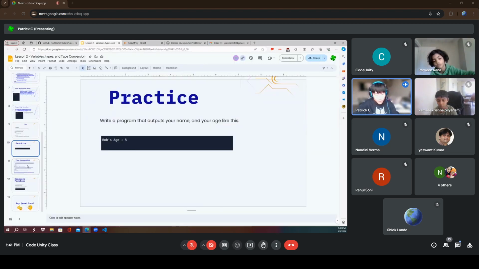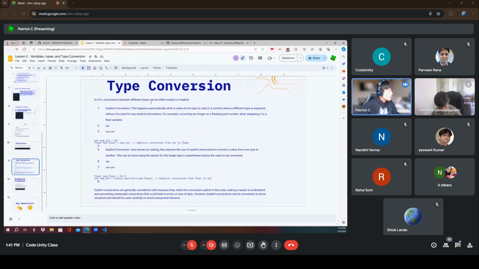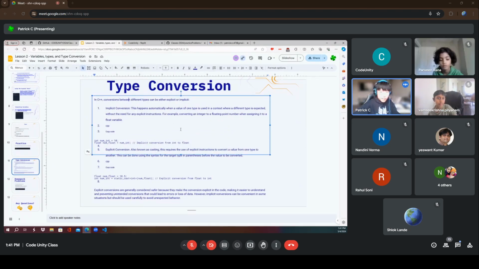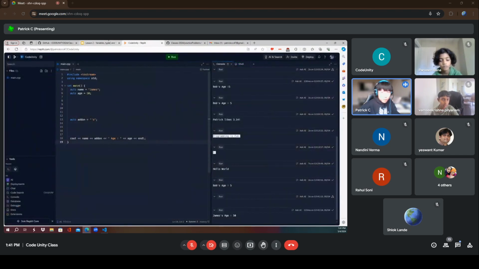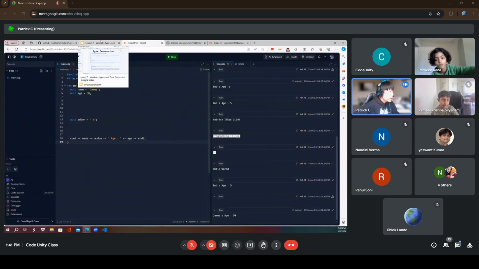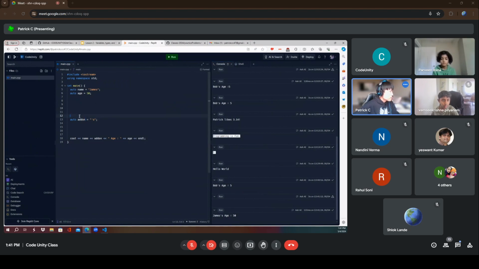Right, now we're going to talk about type conversion. Let's say you want to convert between types. Let's say you have an integer or a double and you want to convert that integer to a double. So for example, let's remove this.